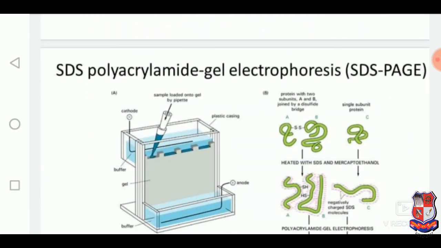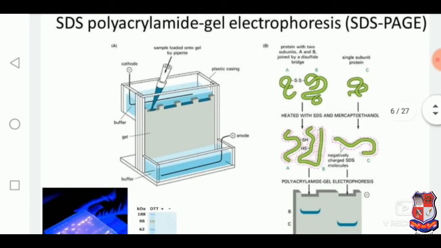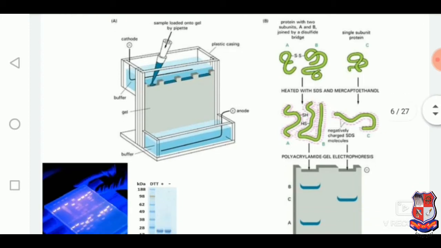Here is a typical illustration of SDS-PAGE electrophoresis, and here you can see how SDS, sodium dodecyl sulfate, preserves a negative charge on the surface of the protein,